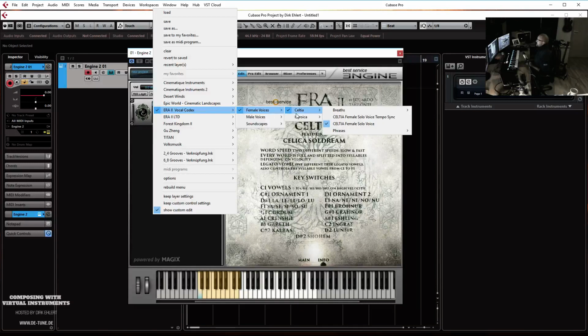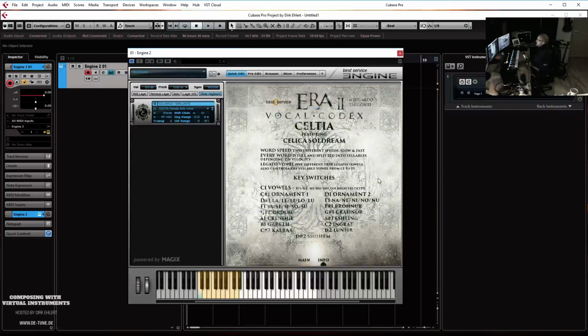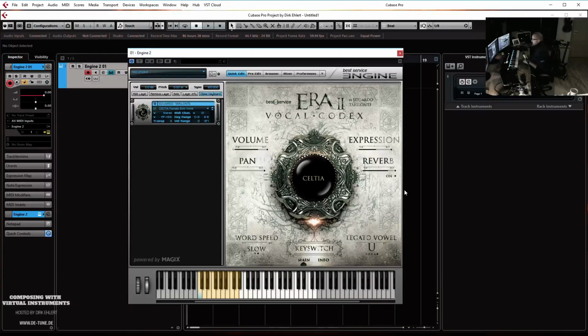So let's start with the Celtia. I already loaded that, the female solo voice. Don't have the tempo synced version right now, but it's just for the purpose of showing it. You get the expression controls, the volume of the voice, as you can see here. You have an internal reverb that you can switch off if needed. I happen to believe that the internal engine reverb is pretty CPU intense. So if you encounter performance problems on your PC,